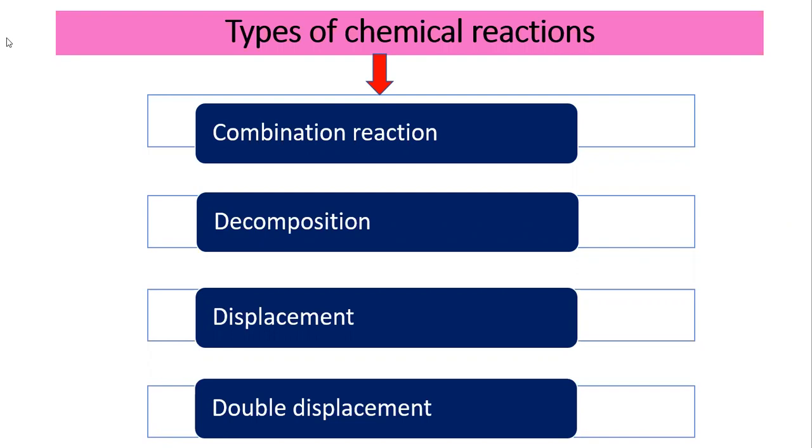Okay, it can be done in different ways. Sometimes they will combine to form new product. Otherwise, they will break their bond to form new product. Or that means they will break the reactants and form new product. Otherwise, they can transfer electrons and thereby make new product. This is called a chemical reaction. Now here we are going to discuss about four types of chemical reactions, that is combination, decomposition, displacement, and double displacement reaction. So let us discuss about the first one.